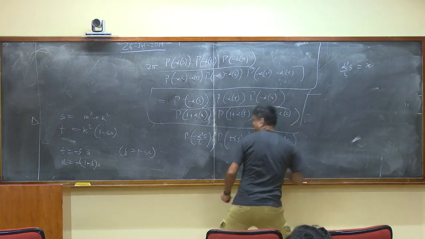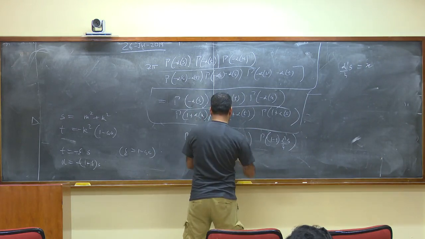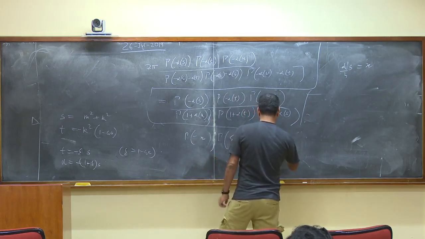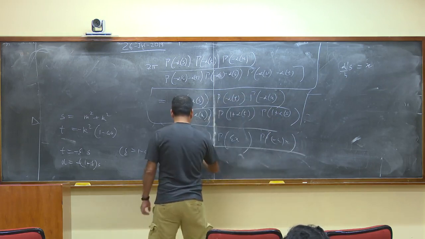So gamma of minus x, gamma of zeta x, gamma of 1 minus zeta x, divided by gamma of